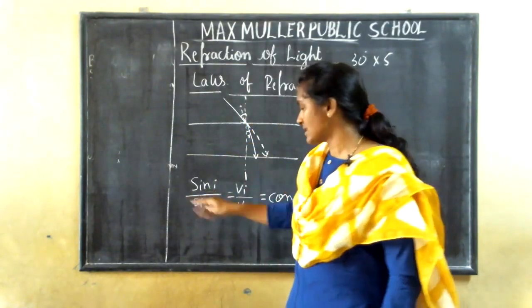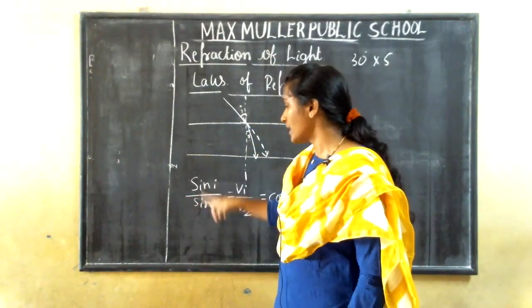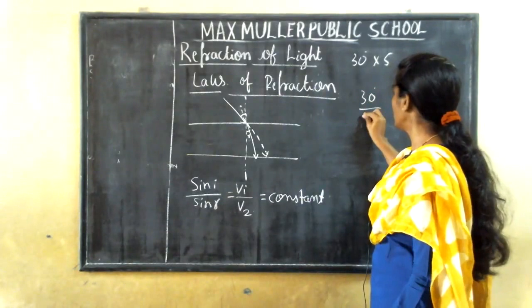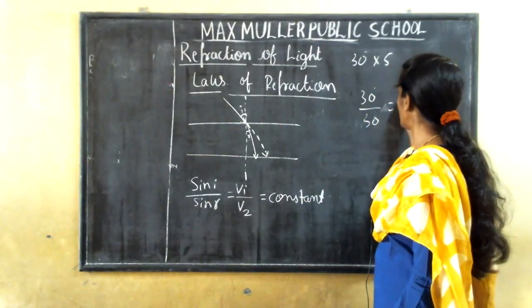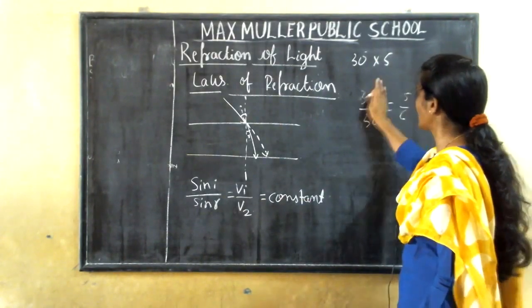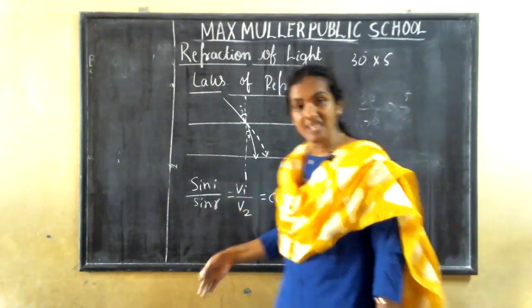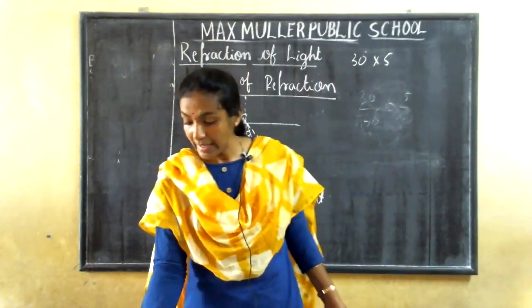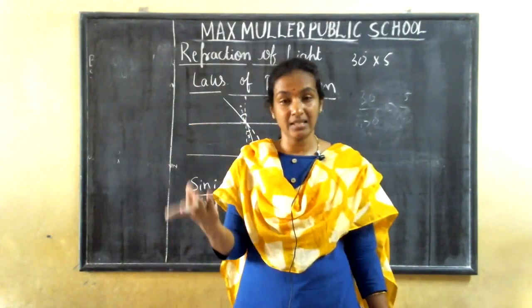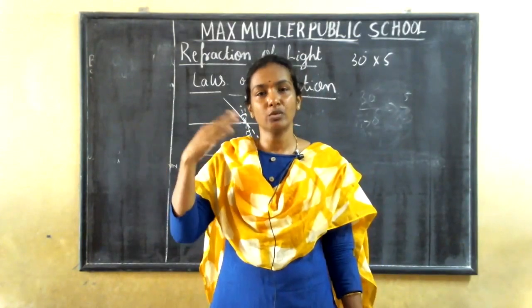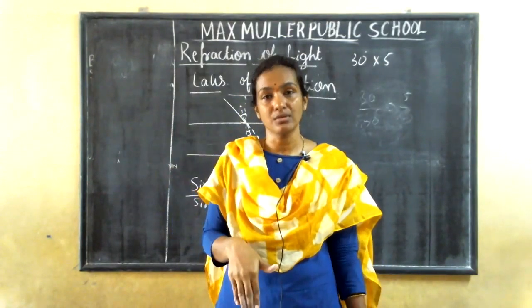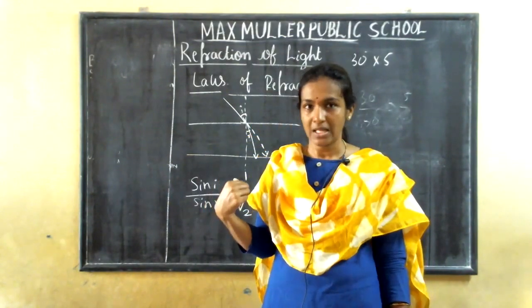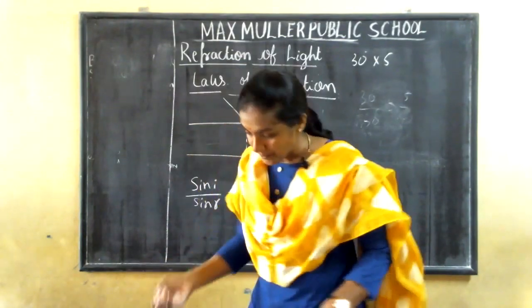So only for this I am giving you such examples. Why is it taken as a sine? Because you cannot multiply the angle with the number. How will you do 30 degree by 30 degree is equal to 5? Can you do like this? You cannot, no? So it is taken as a sine. In math, you already learned this this year. You have values for angles: sin 30, sin 90, sin 60, sin 0. Whenever you get an angle, you have a numerical value for it. So it is taken as sin I and sin R. Clear my point?